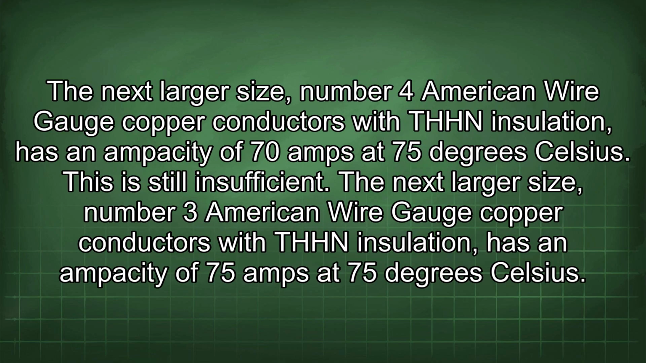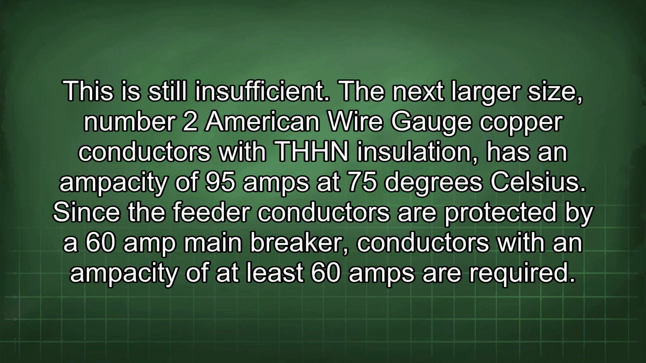The next largest size, number 4 American wire gauge copper conductors with THHN insulation, has an ampacity of 70 amps at 75 degrees Celsius. This is still insufficient. The next largest size, number 3 American wire gauge copper conductors with THHN insulation, has an ampacity of 75 amps at 75 degrees Celsius. This is still insufficient. The next largest size, number 2 American wire gauge copper conductors with THHN insulation, has an ampacity of 95 amps